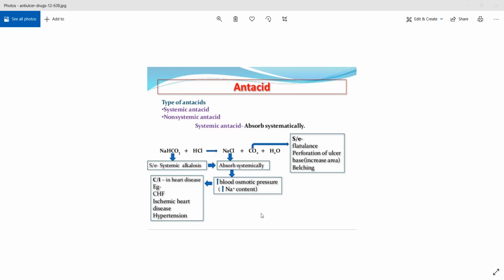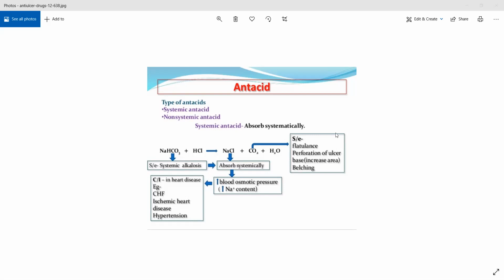A lot of problems with systemic antacids, not used very frequently. Another big problem with systemic antacids is that because it is causing systemic alkalinity, systemically it is causing alkalosis, and it is decreasing systemic acidosis. So as a rebound, sometimes gastrin levels will increase way too much. Whenever pH is increasing more than normal, gastrin levels will get stimulated and overproduction of gastrin might occur. That will lead to rebound hyperacidity. That is another problem with sodium bicarbonate or systemic antacids, essentially.